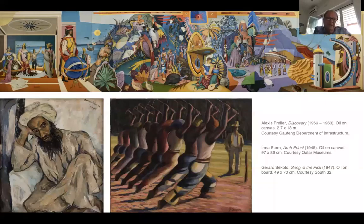Well, the result of that, after mediation and threats of all kind, was that it was allowed to be loaned to the Qatar Museum for 20 years. And it had to come back to South Africa every 5th year. And we were lucky to get this work last year, which was the 5th year. And then on the right, of course, is that magnificent piece of Sokoto, the Song of the Pick, which I'm